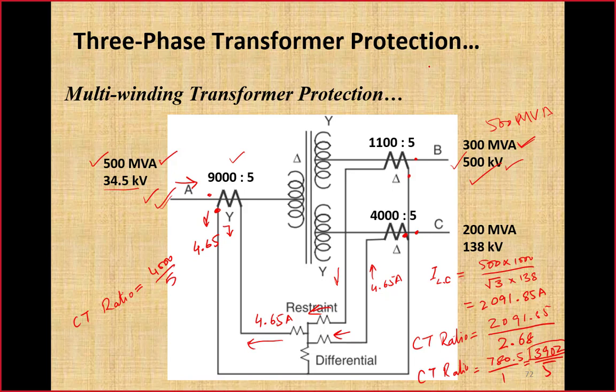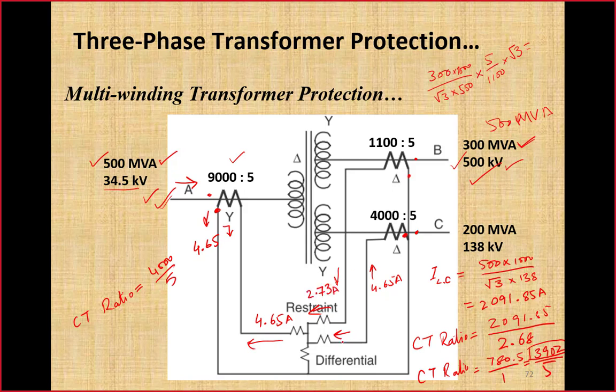Formula is over here. First we will calculate the line current by using this power, 300,000 over under root 3 into voltage level, that is the line current, multiplied by the reciprocal of the CT ratio, that is 5 over 1100. So this is the current available on the secondary side of this CT, but this CT is connected in delta. Current which is coming out of the delta will be multiplied further with under root 3. Once calculated, that is 2.73 ampere.